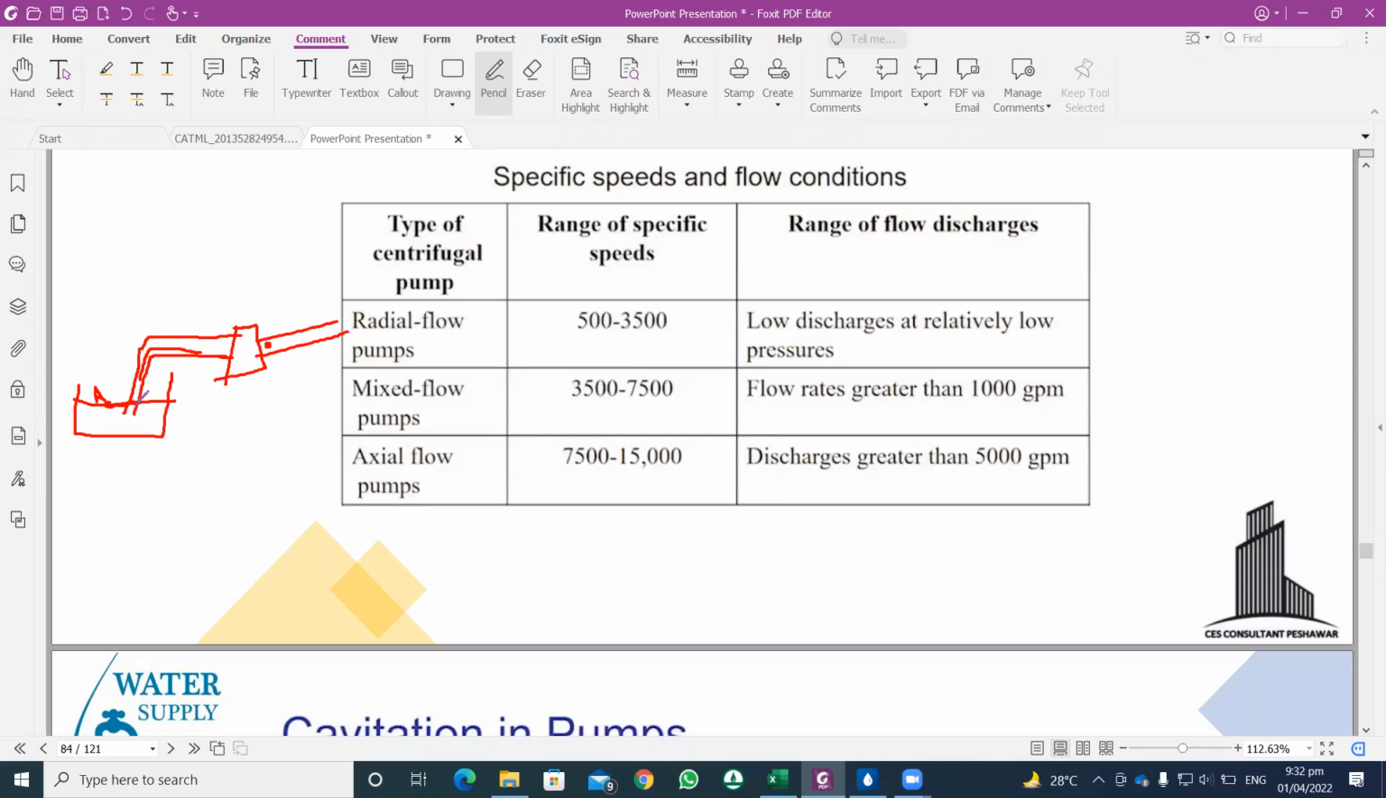When the water rises, the pressure decreases, and when the pressure decreases below the atmospheric pressure, bubbles are created and it starts boiling, and due to the creation of bubbles, the pump does not properly suck the water,